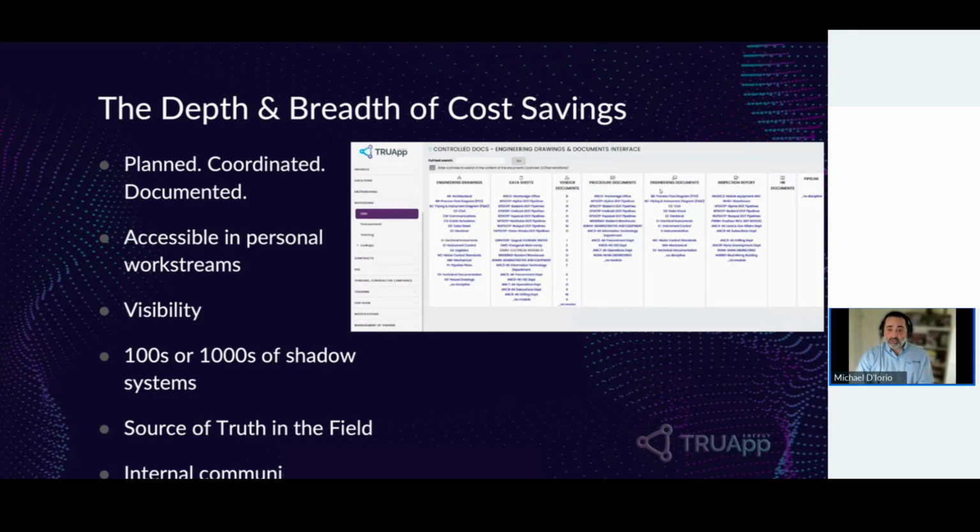This actually allows producers to have the visibility into the execution of work across the field, so they have a complete picture of OpEx, and so they have greater financial control over people, process, and tech, all within one tool. And what's great about TRUApp is that it replaces hundreds, or we've even seen thousands of shadow systems at one large producer. And it doesn't just mimic what those other systems or manual processes are,